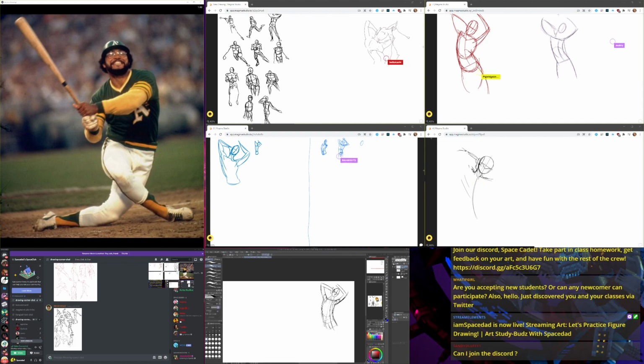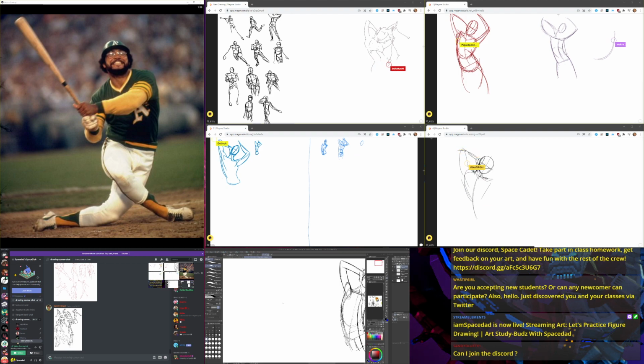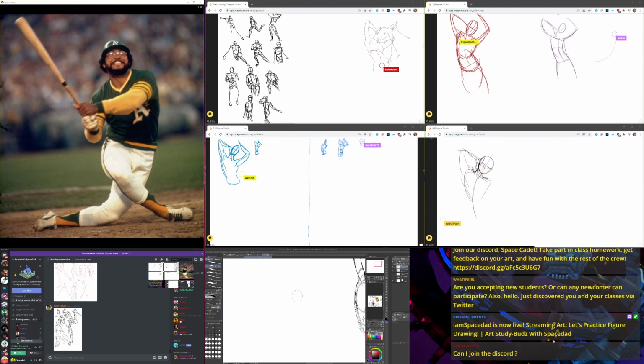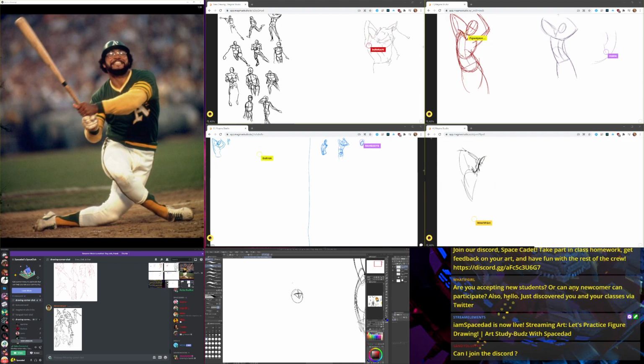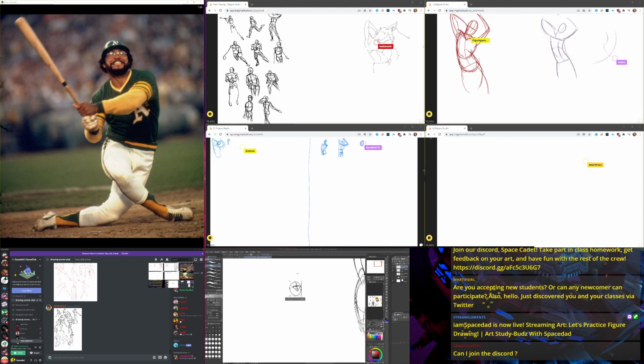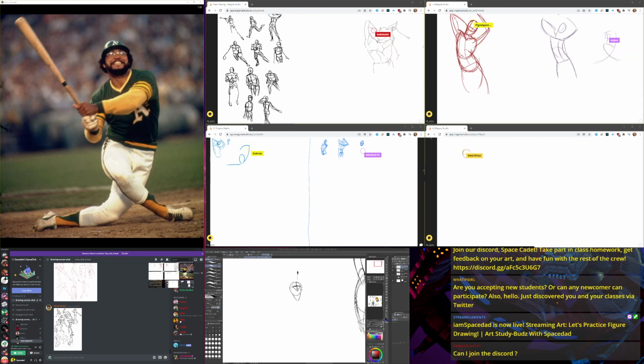So this guy here, I'm going to try something along those lines for him too. He's got a head that's looking up. Get this C curve of the neck, find the pit of the neck about here.